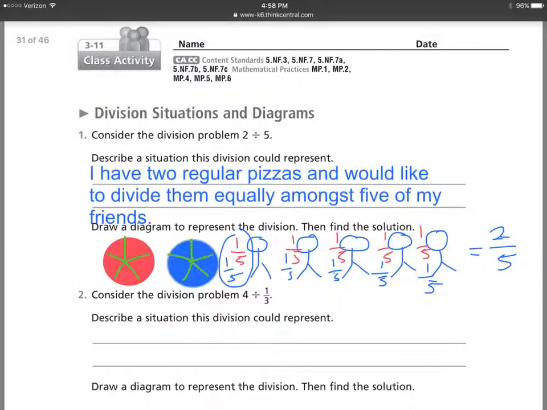But for number 2, let's take a look at that problem. Consider the division problem 4 divided by 3. What does that mean? If you have 4 of something and you want to divide it into thirds, then you want to know how many thirds you can get from those 4 objects. So let's go back to the pizza scenario. If you had 4 whole pizzas and each pizza was cut into thirds, or 3 pieces,